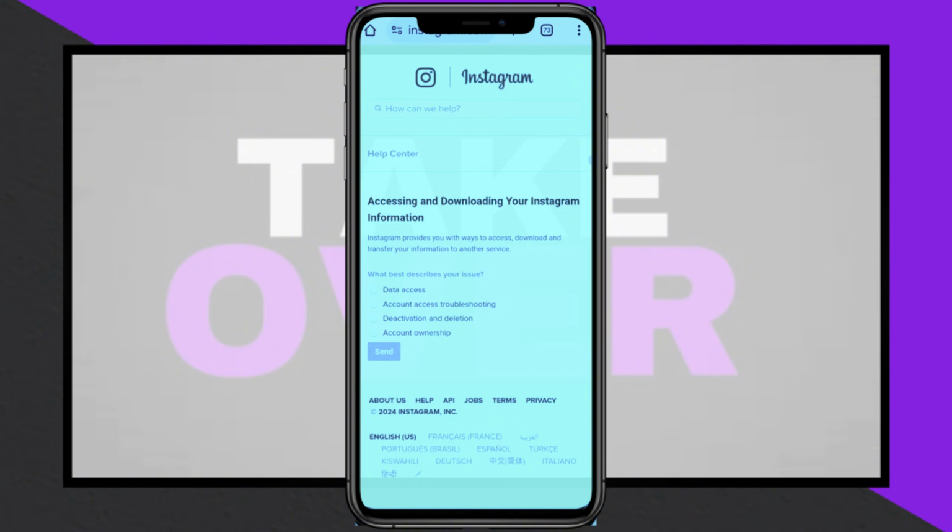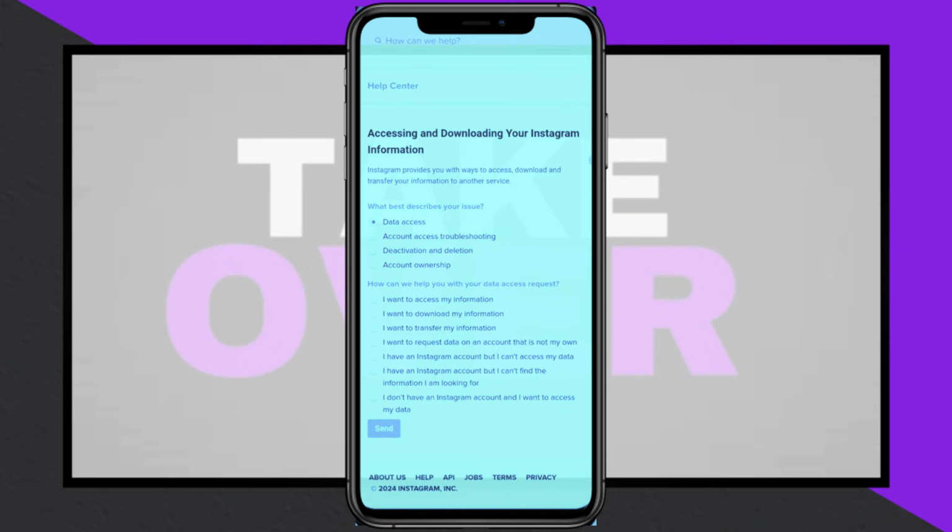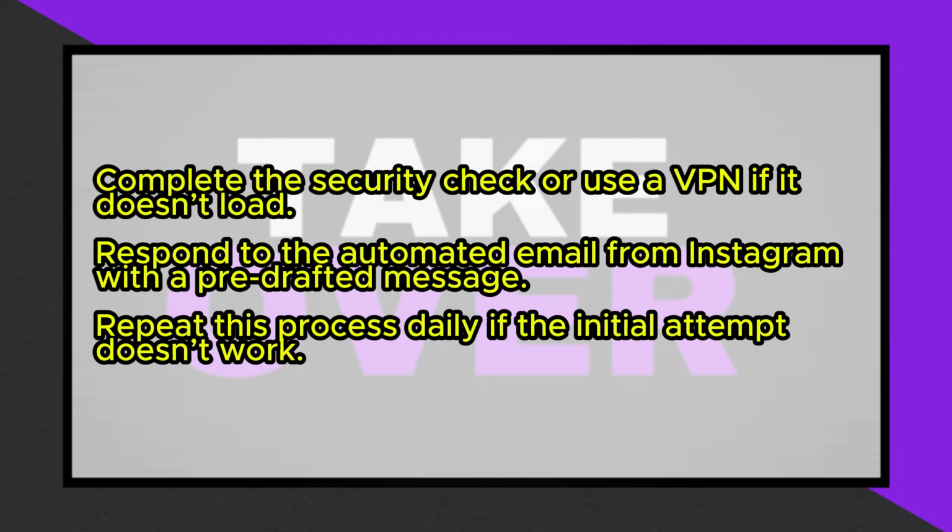After entering the code, complete the security check. If the check does not load, use a VPN to bypass the issue. Submit the form and you'll receive an automated email from Instagram. Reply to this email using a pre-drafted template, ensuring you update the relevant sections like your username, full name, and